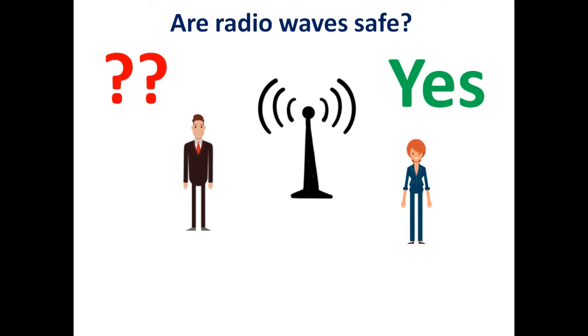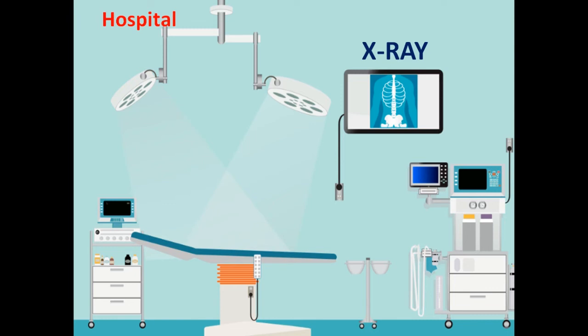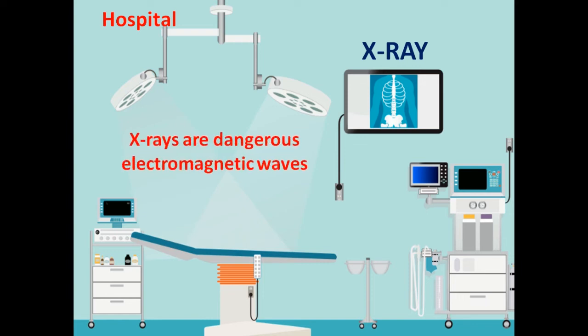Great. But you see X-rays? Yes, I once heard about X-rays when I went to the hospital with my dad. That's because X-rays are usually used in hospitals to take photographs, especially of our bones and inner tissues, which cannot be seen by our eyes, or in ordinary photographs. The X-ray is another example of electromagnetic wave. It is dangerous, it is not safe.